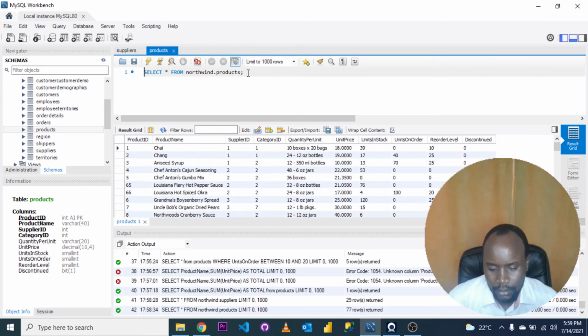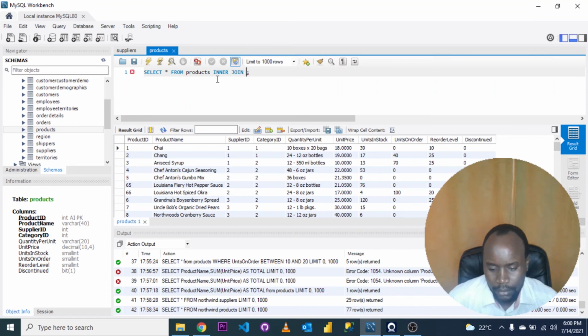Now in case we want to select from the products table, for us to be able to select the supplier name from within the products table, we have to use an inner join. So select from products,